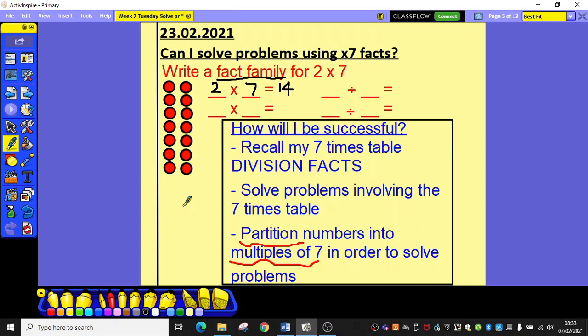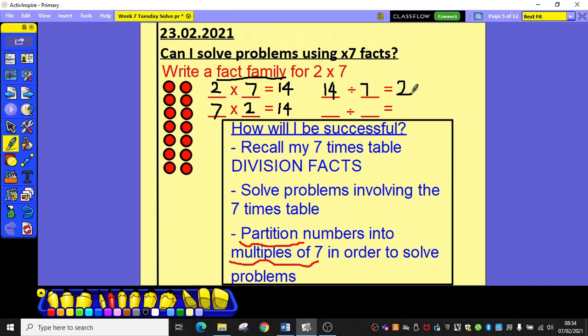Okay, so I can see that this multiplication sentence here, 2 times 7, is what we call commutative, which means that I can switch it around and do it in a different order. 7 times 2 is also 14. Now my related division facts, I'm going to need to start with my total. So I've got 14 in total. And if I work backwards using the inverse, I'm going to divide by 7, which is going to give me